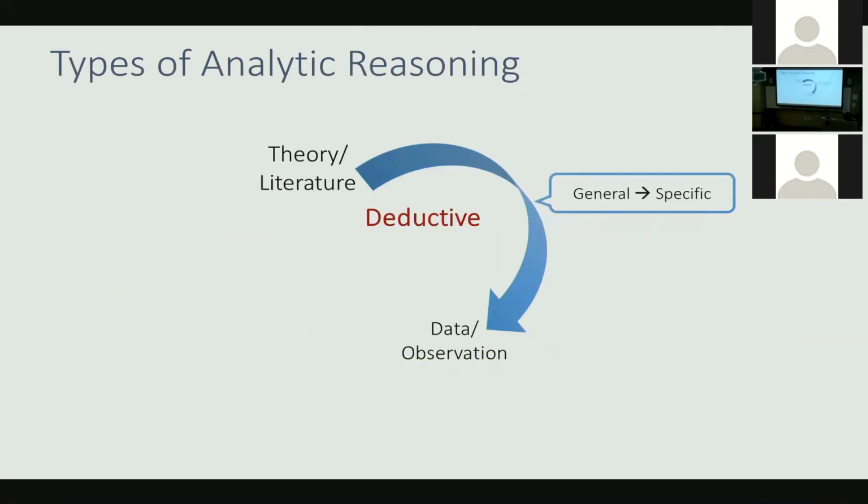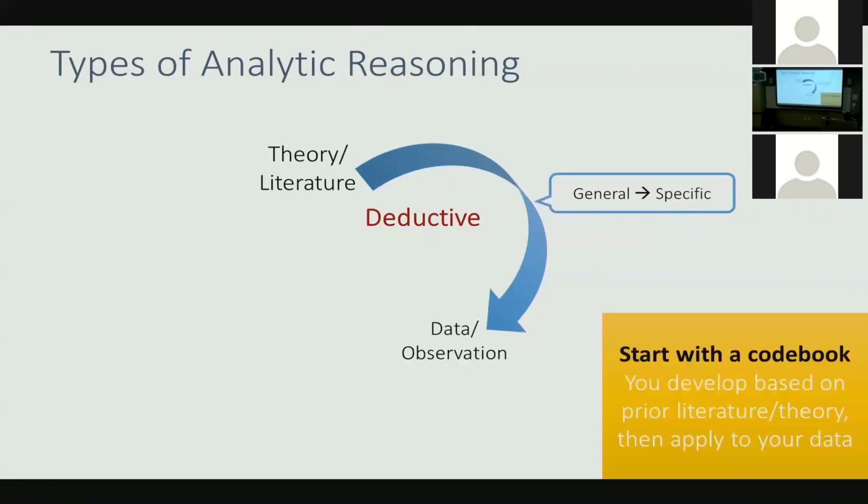And that means that we're starting from the theory or something that's known out there in the literature, and we're going to use that idea that's already out there in literature and apply that framework in a coding mechanism, usually to the data that we've collected, right? So we're going from something really general that's out there in the world to specifically your own data set, okay? And what that looks like is that